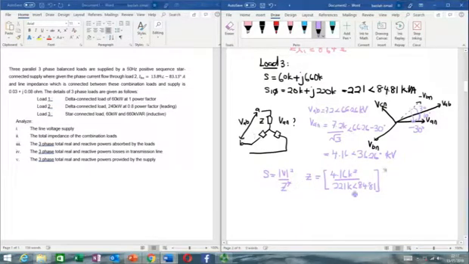Lastly, we need to conjugate the value, so we can directly change the angle of S to negative. So V squared divided by 221k angle 84.81. The answer is